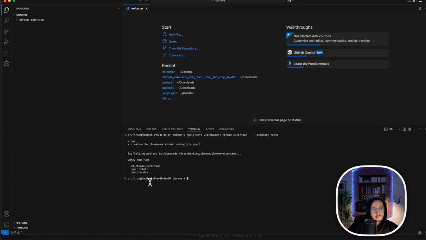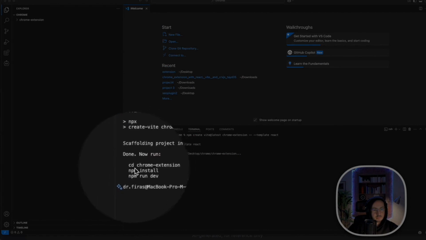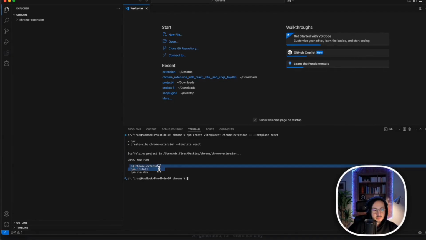Okay, and there. So now it's going to ask me to actually enter this folder, which is the Chrome extension, so that I can actually add the files inside that folder. So now we're going to enter